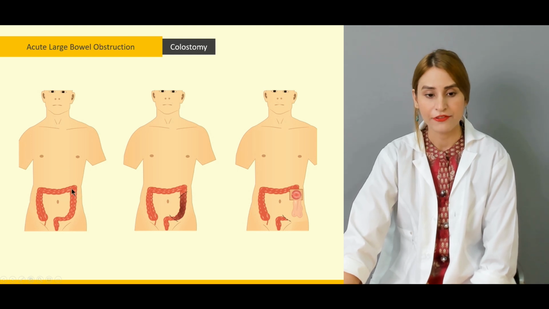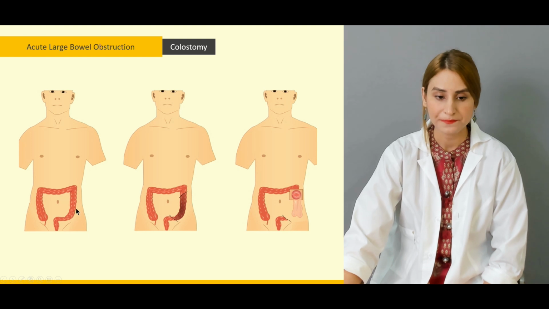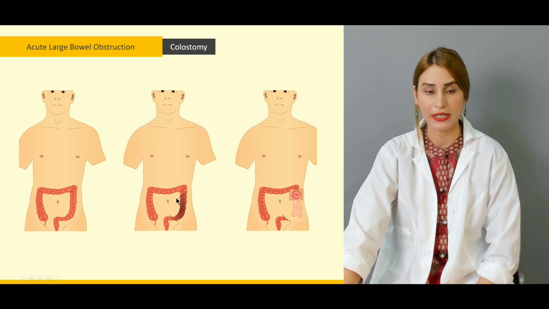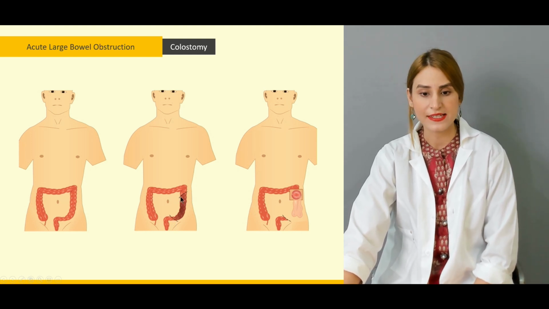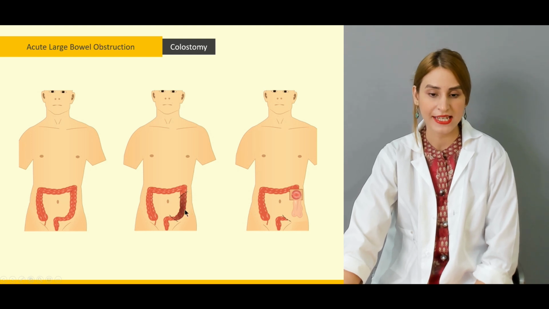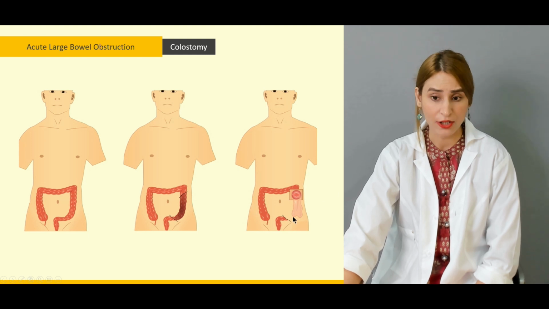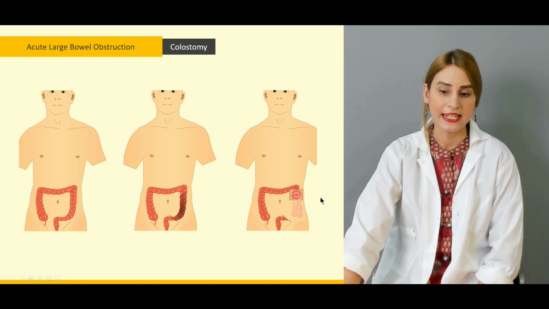But for that, involving the sigmoid colon, or the rectum basically, or the descending colon, you perform the colostomy. You resect that particular segment from the splenic flexure down to the rectum. The descending and the sigmoid colon are resected, and you bring out that resected portion as a colostomy to the exterior of the